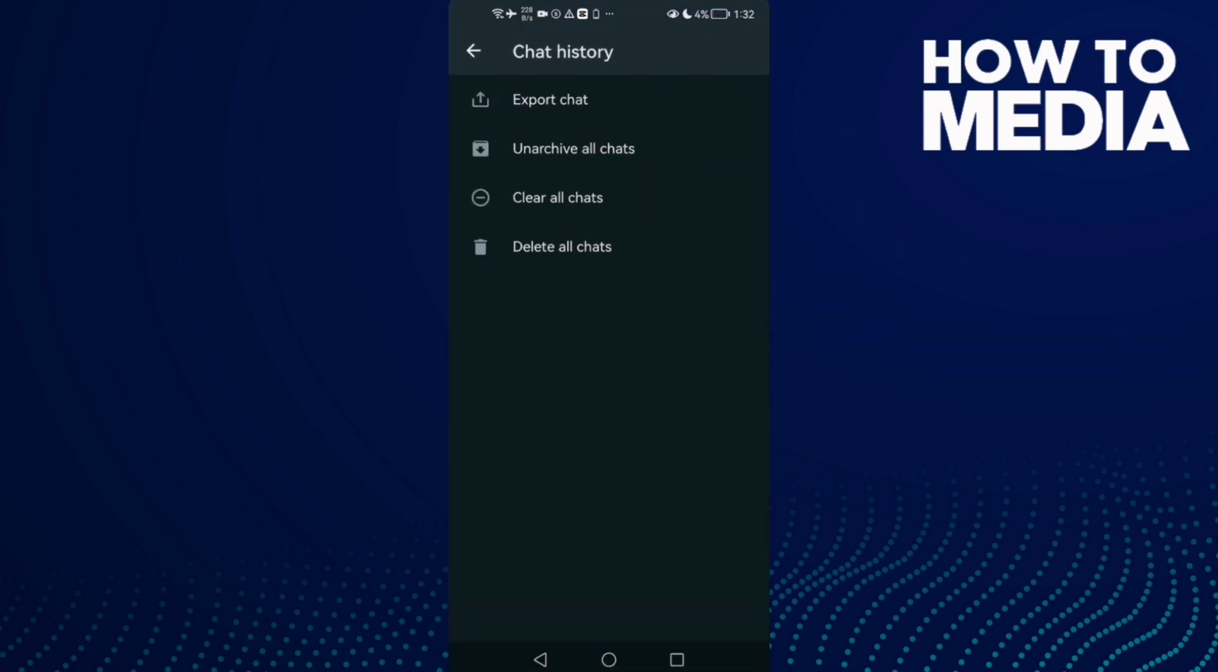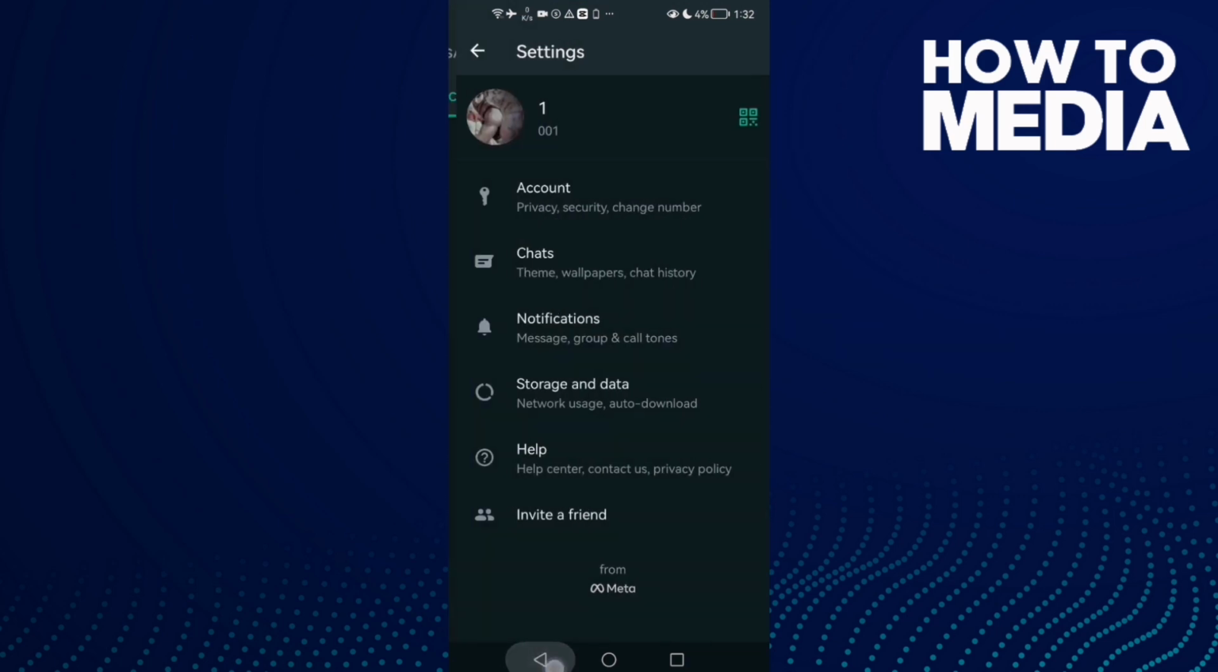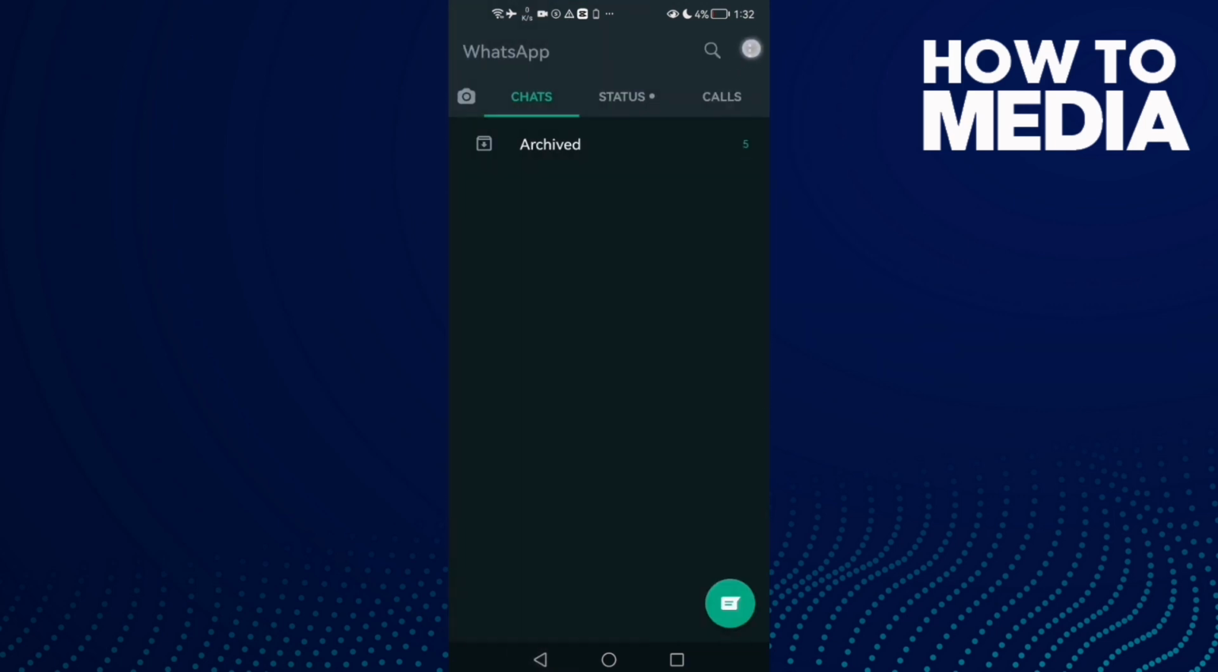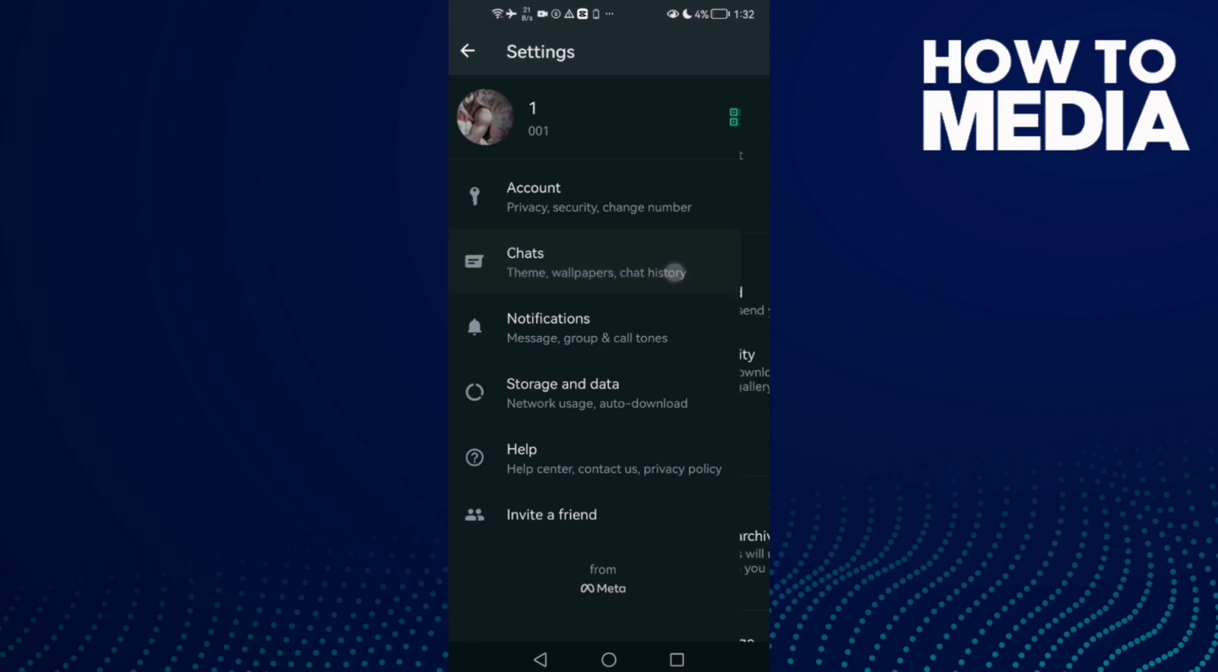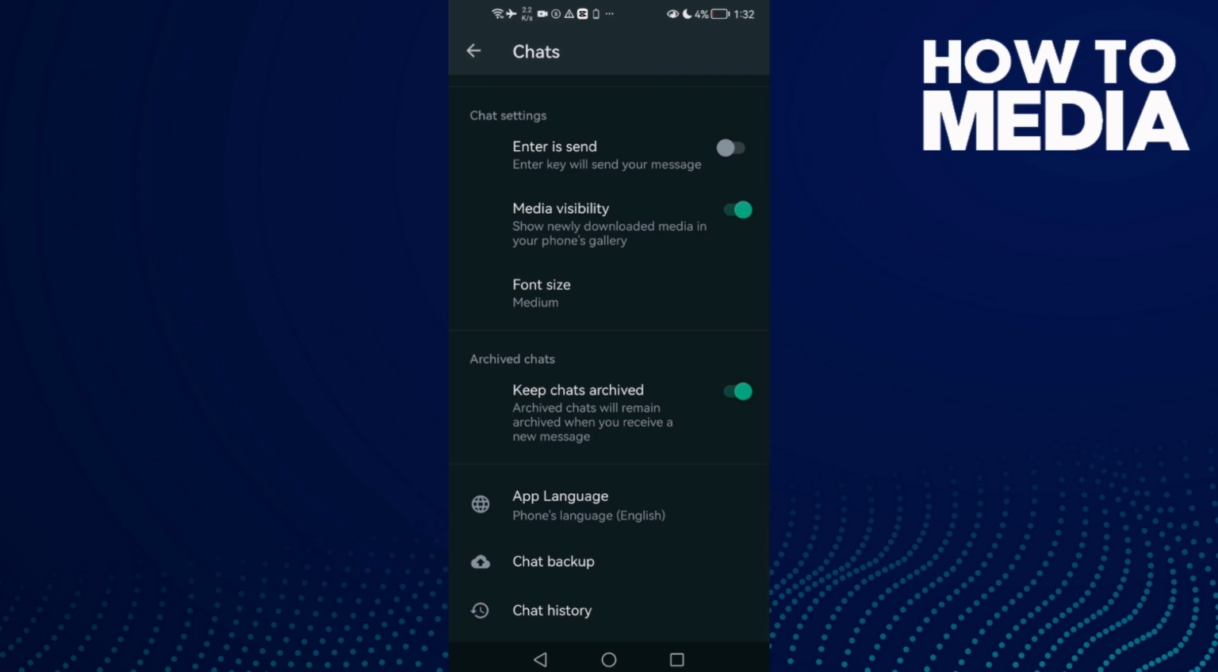First thing, go to WhatsApp and let's go back first, and here you will find these 3 points in the top corner. Click on it and then just click settings, and here you will find this one, chats. Click on it and scroll down until you find the chat history,